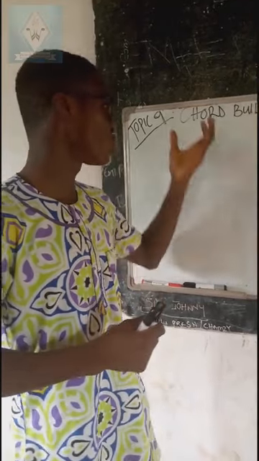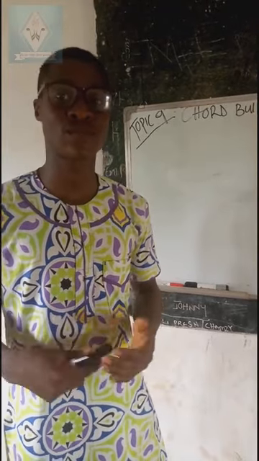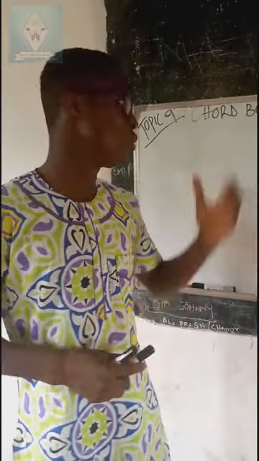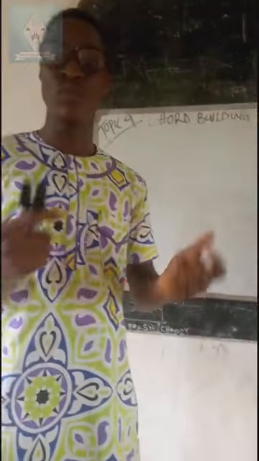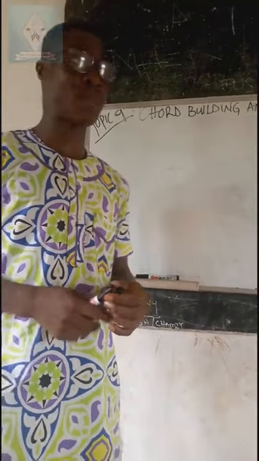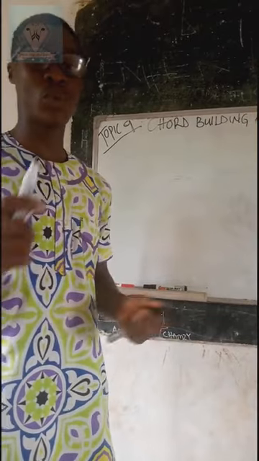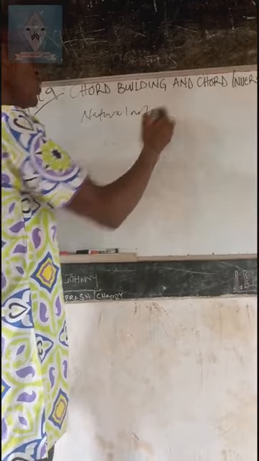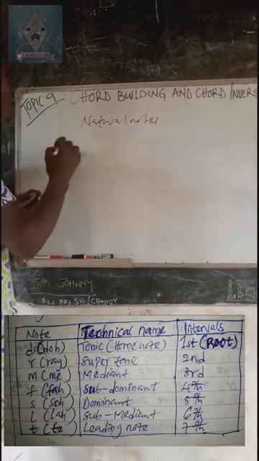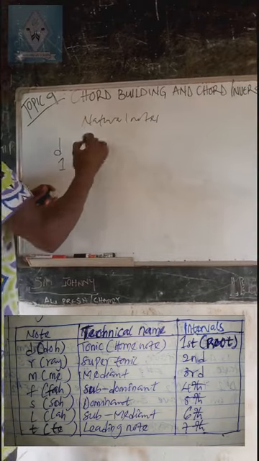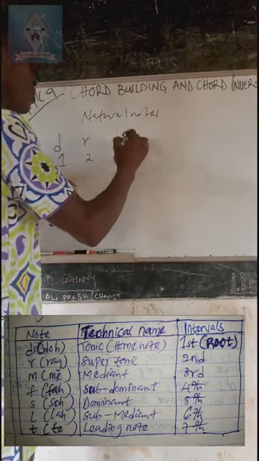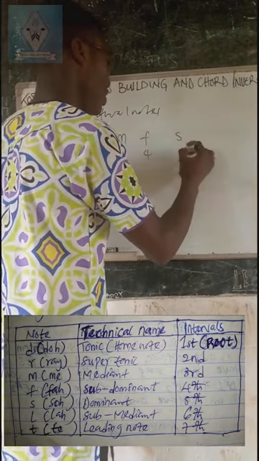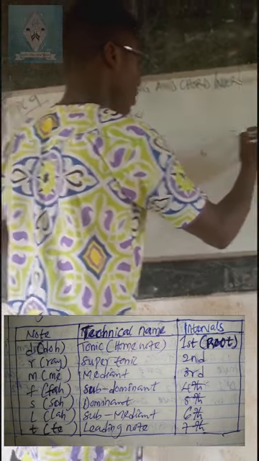Now, before we discuss chords, I would like us to first of all understand intervals, because if we understand intervals very well, chord building will not be a problem. Now, if we recall very well, we gave a table in a topic where we discussed natural notes. We gave a table saying that Do is the first interval, Re is the second interval, Mi is the third, Fa is the fourth interval, Sol is the fifth interval, La is the sixth interval, Ti is the seventh interval,